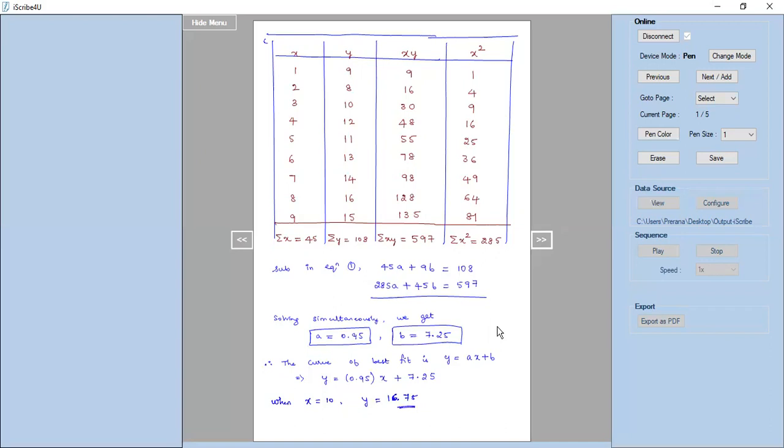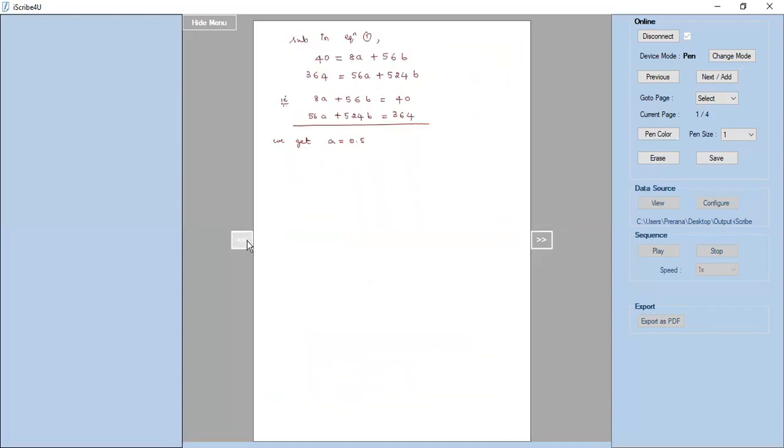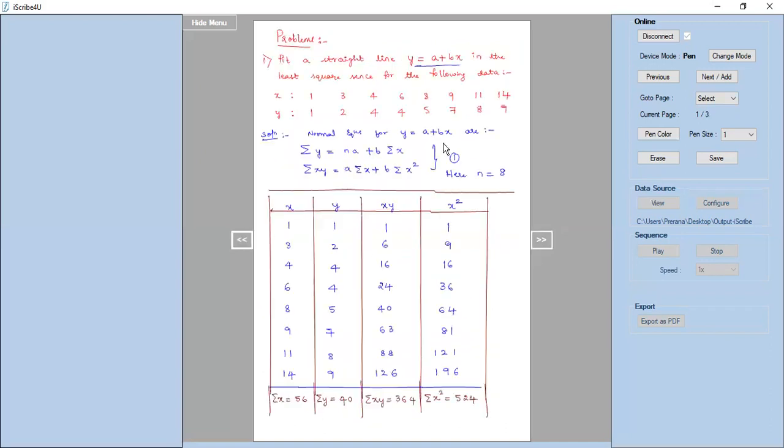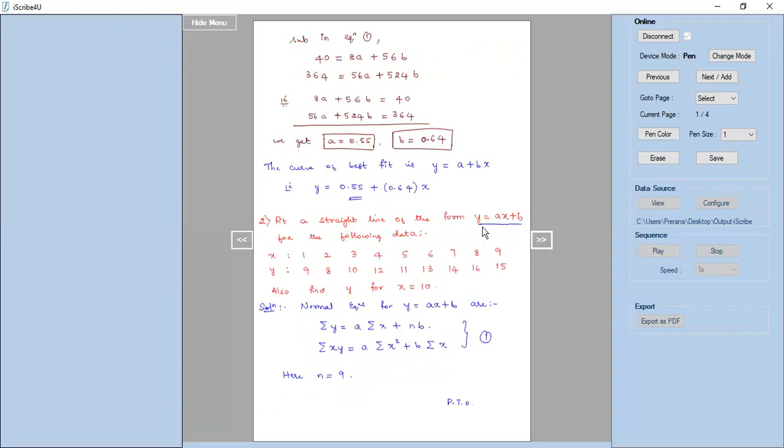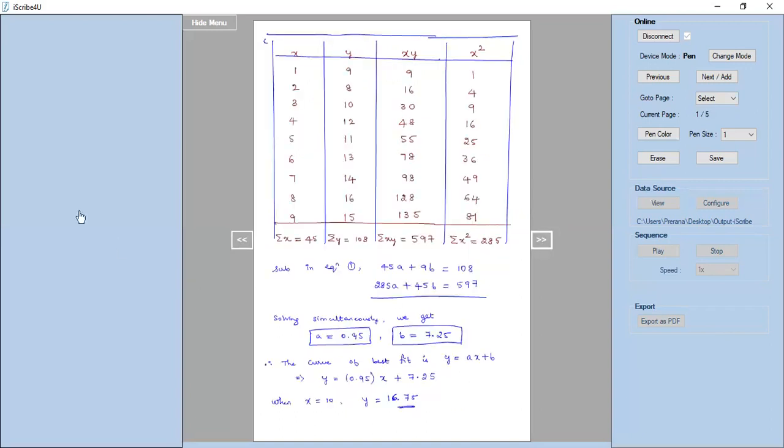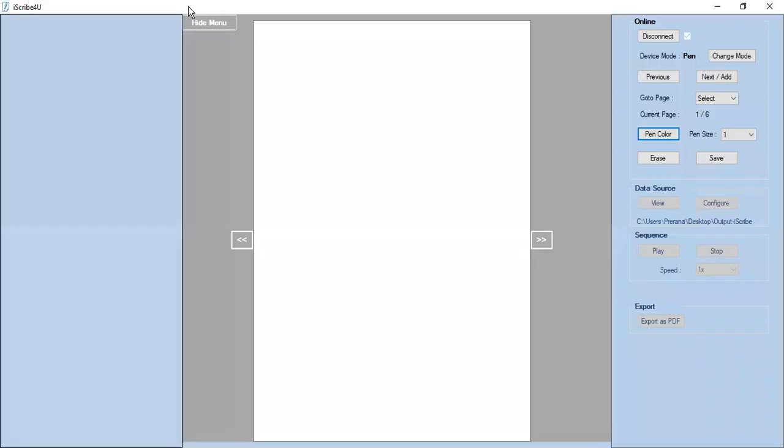So this is how we do problems on fitting of a straight line equation. The straight line equation might be of the form a plus bx or ax plus b. These are both the formats of the question. Now we will take up problems on second degree parabolic equations. The next two problems I would like to consider are on second degree parabola equations.